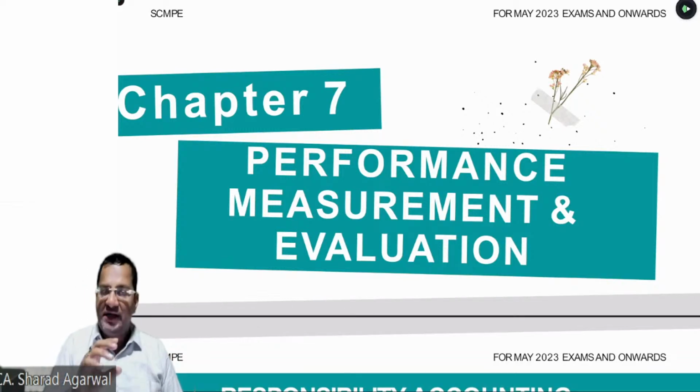Technically, economic value added is the difference between NOPAT, net operating profit after tax, less capital multiplied by weighted average cost of capital. Can you please tell me, beta, in ROI and RI, whether we will use opening capital, average capital, or closing capital?